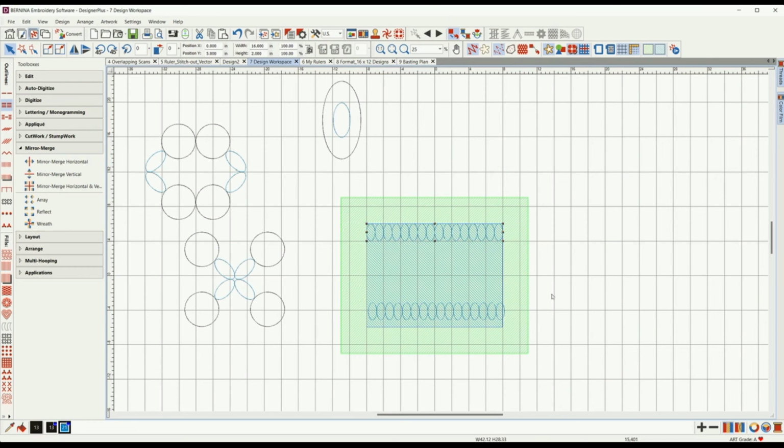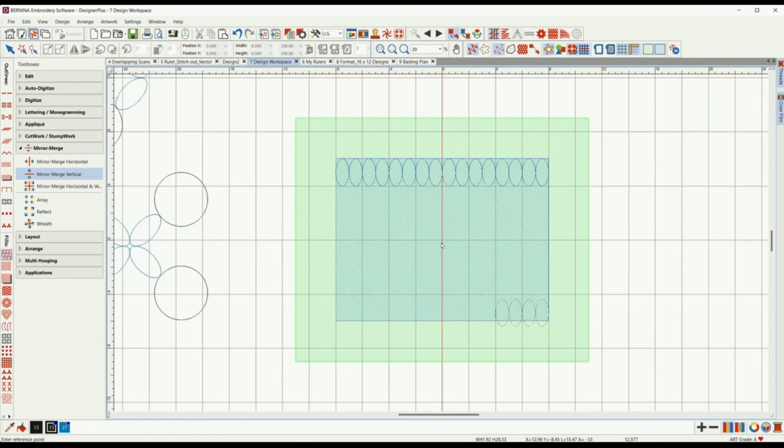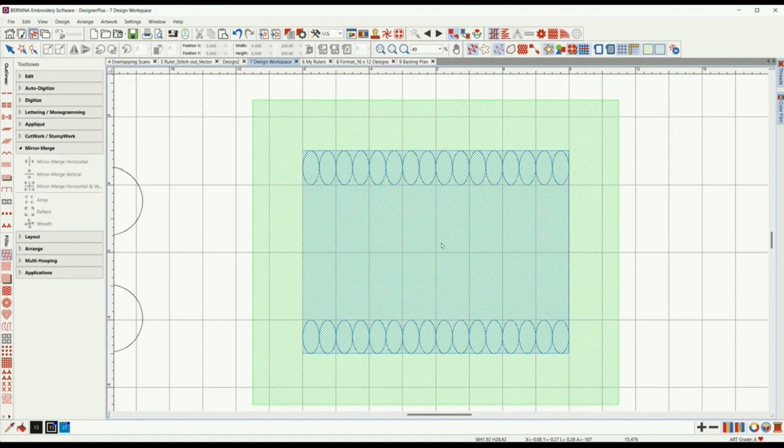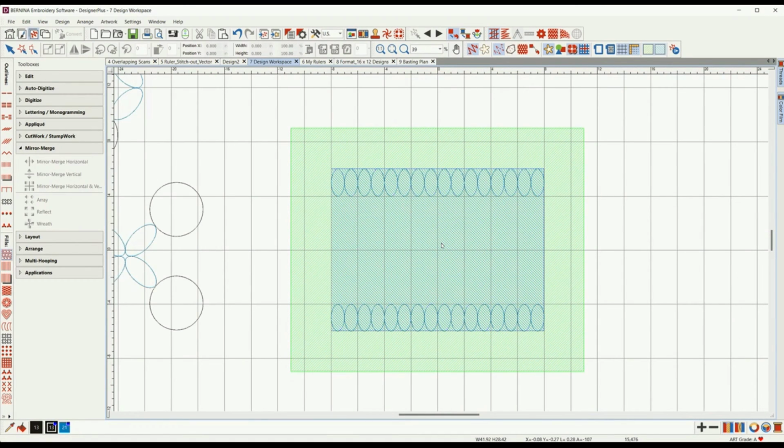And rather than readjust the other, I'll show you another simple way to do this. And of course you could set this array to fill the entire field or beyond it. Another simple thing to do here is just simply to take that stitch out and say Mirror Merge Vertical. Only by placing your cursor in the center of the design field, you can instantly see what that would look like. So array is wonderful for an instant fill, and you can even do an offset layout with the array